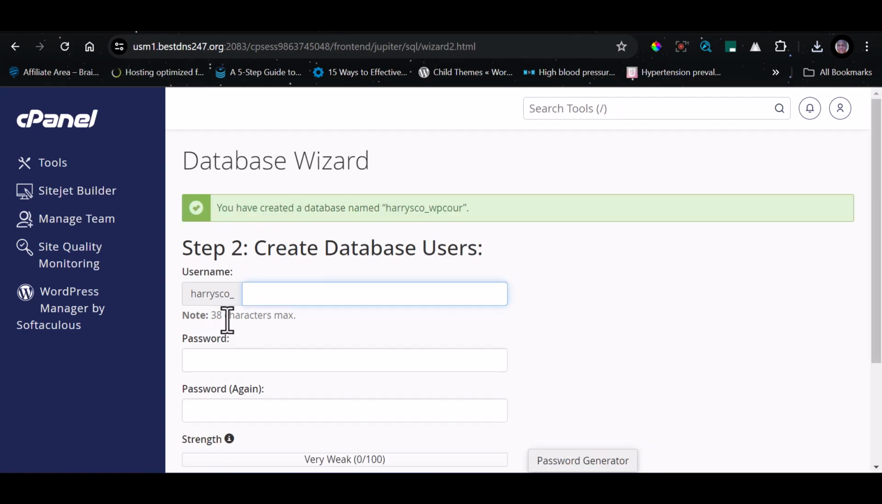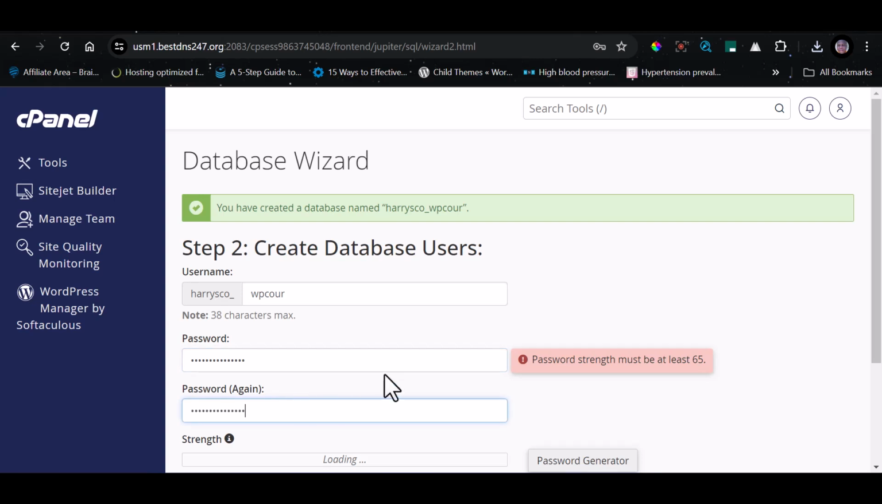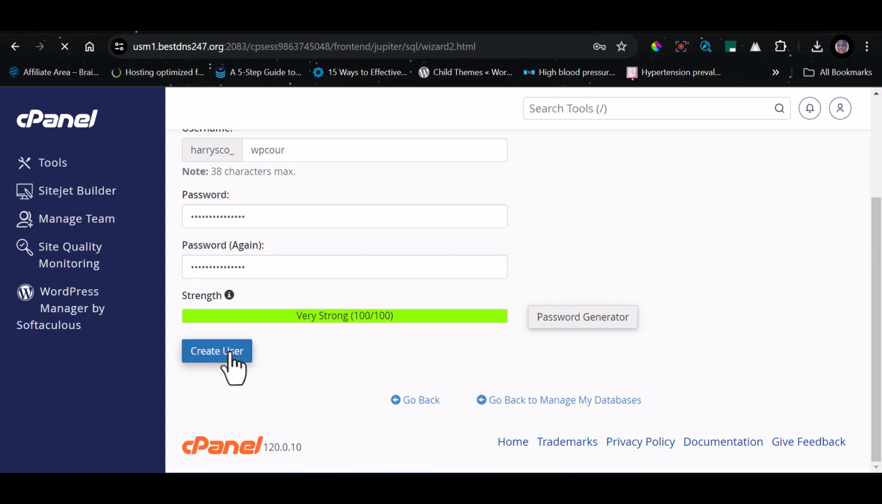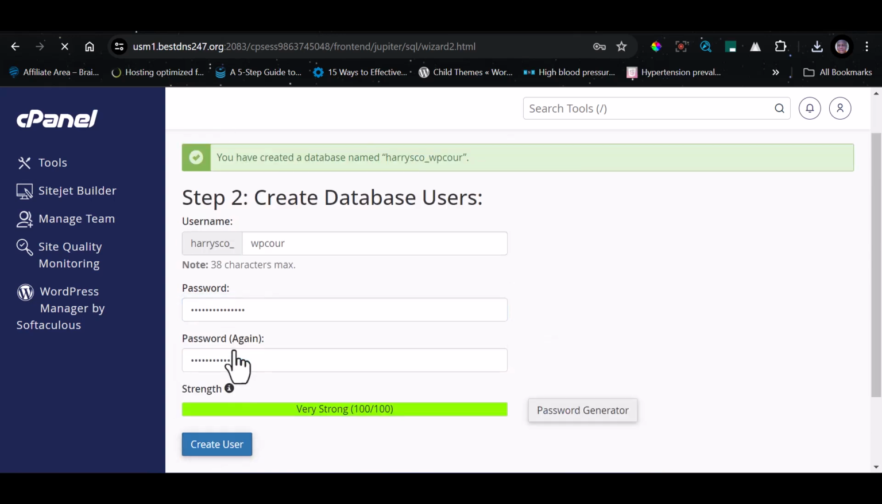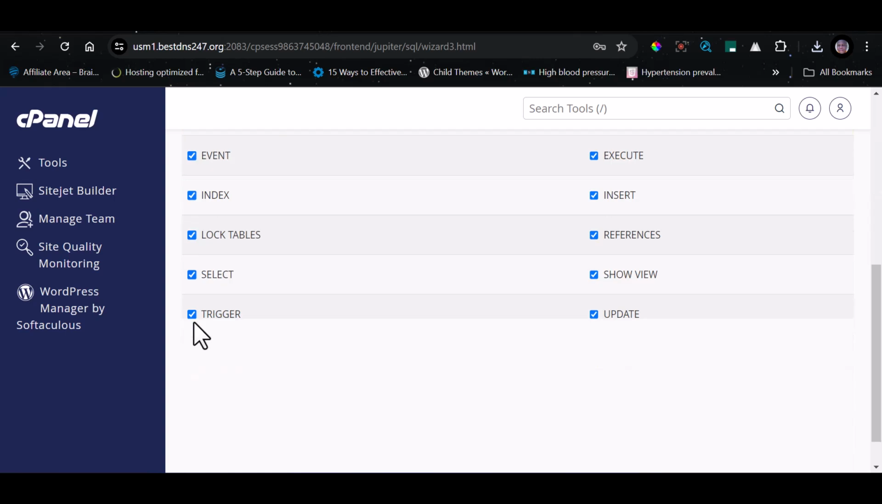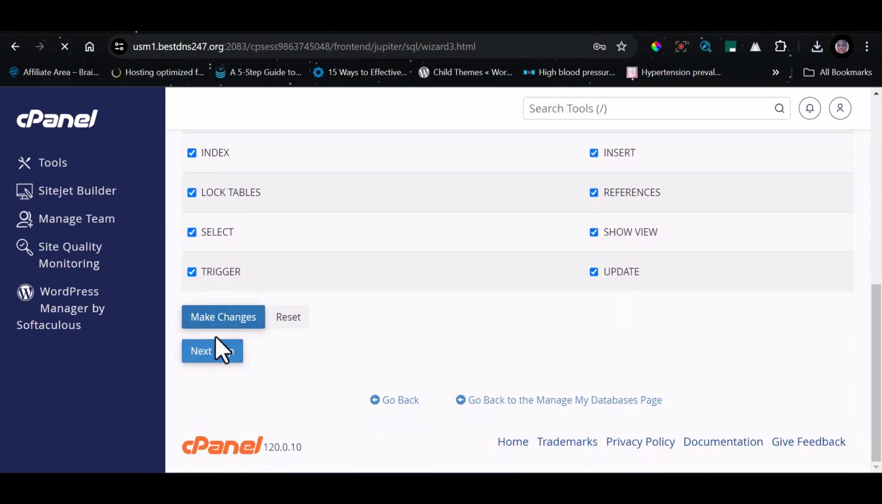Okay, so right, so click on create user. So you make sure you tick this option, all privilege. You click on this last option. So now once you have created the database,